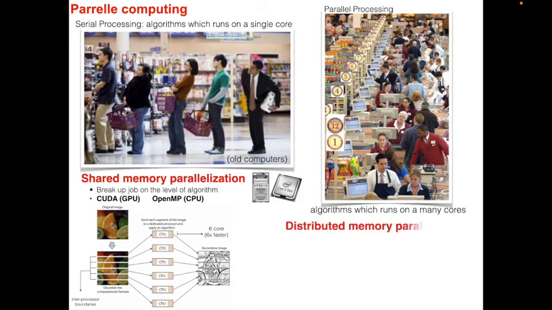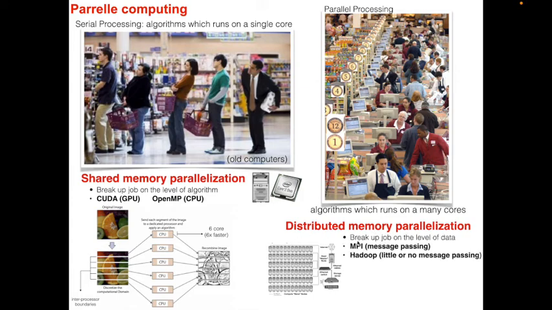And then there's also distributed memory, which means that there's a whole bunch of, this is kind of like supercomputing, where you have a whole bunch of computers, but they don't have the same RAM. So this computer has its own RAM, this computer has its own RAM. They might have access to the same disk, so they might be able to grab data from the same disk, but the processors see different chunks of the data. So this is called distributed memory parallelization, and this is more like MPI, which stands for message passing library, or